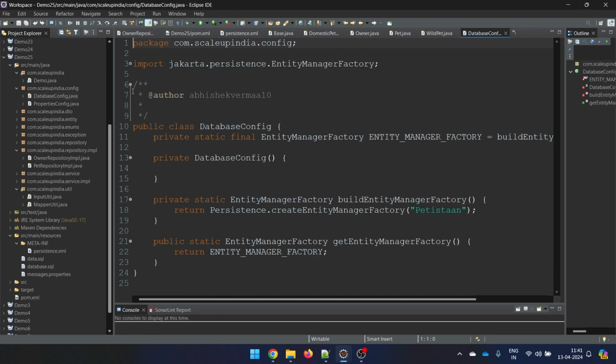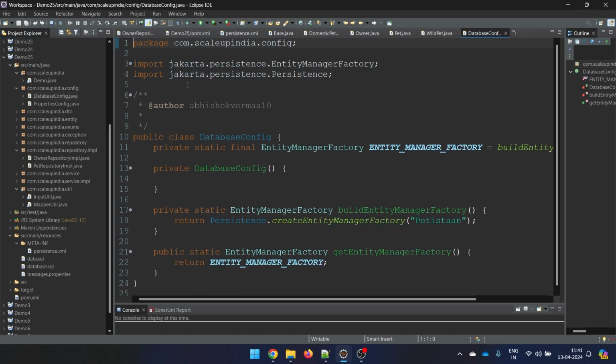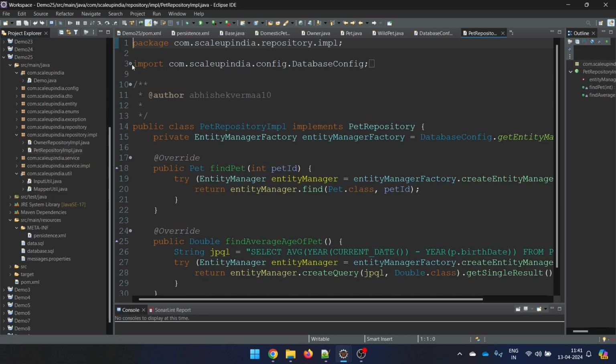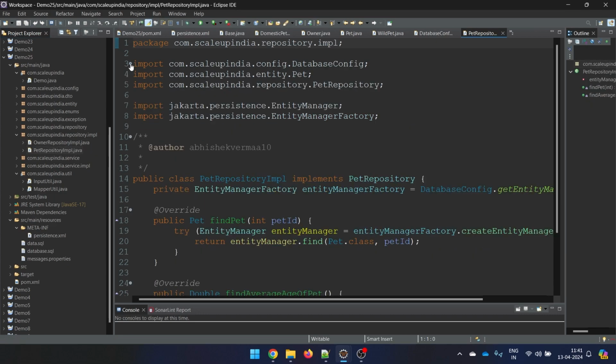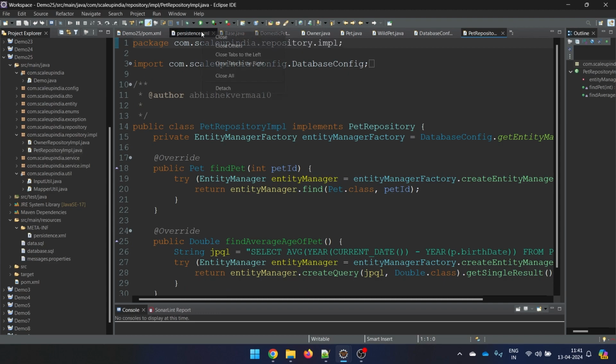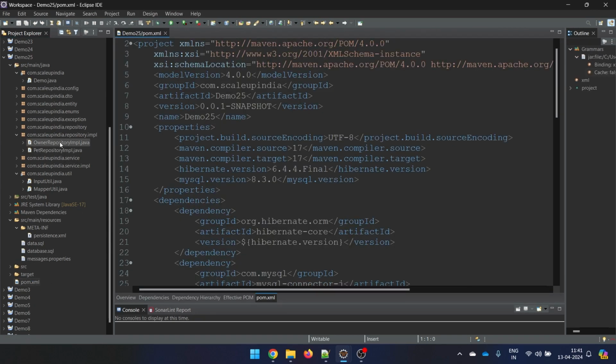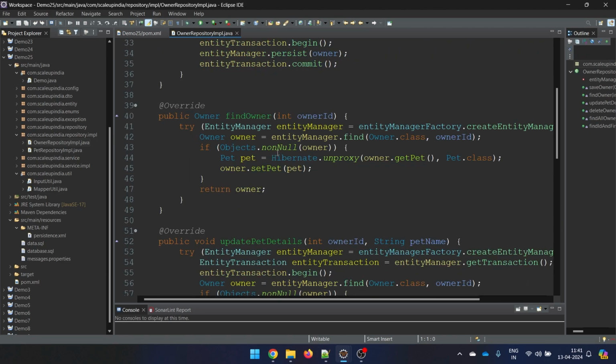Now go to config. In config, everything is again from JPA, so this part is the same. Pet repository impl, everything is from JPA, so this is also done. No change required here. Let me close all of these. So there was just one change in pom.xml, and now one simple change you need to do in your